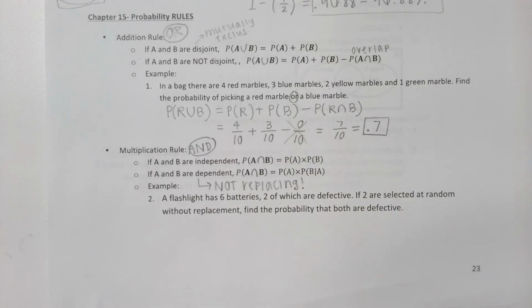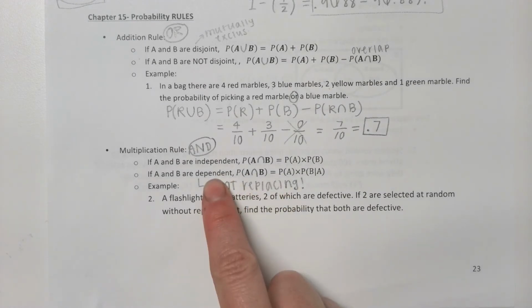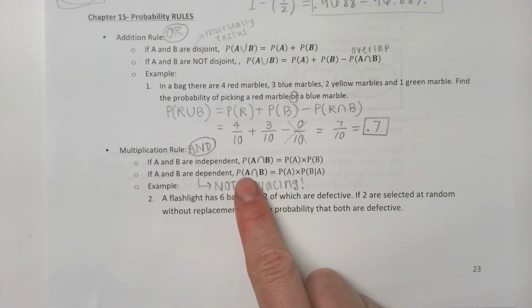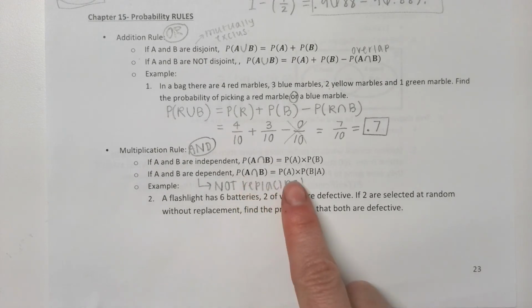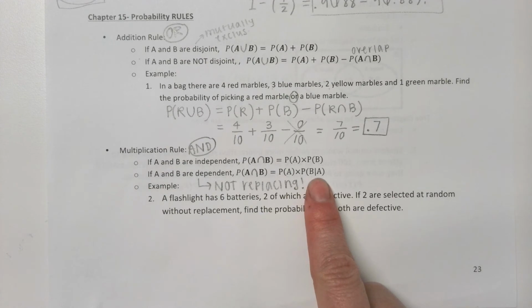There's only 51 cards now left for you to choose, and your probabilities are different depending on what card I have in my hand. So anytime that you are not replacing something, chances are those events are now dependent. If we're looking at dependent events, when we find the probability of A and B, we'll start with the probability of A, but then we have to have a little conditional probability here. So this says that we're finding the probability of B given that